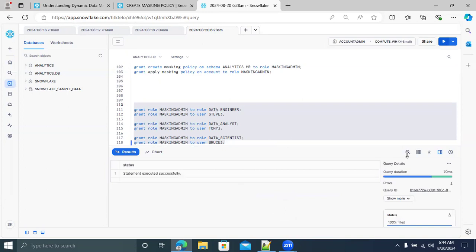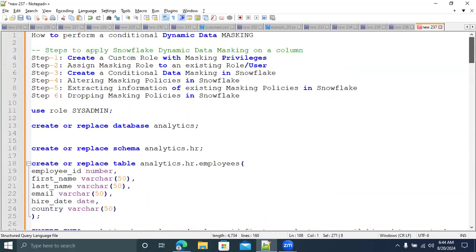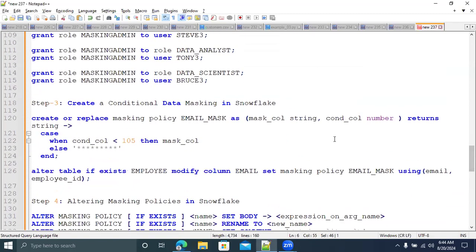Good. Next thing is step 3. This is the one we are going to do today: create a conditional data masking in Snowflake. This is one of the use cases we're going to do today. Now in step number 3, what we want to do is create a masking policy. Create or replace masking policy. The masking policy name is